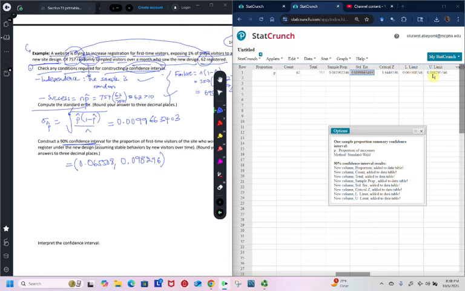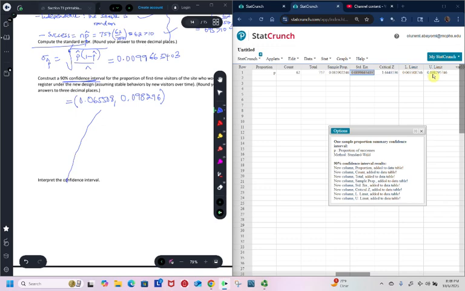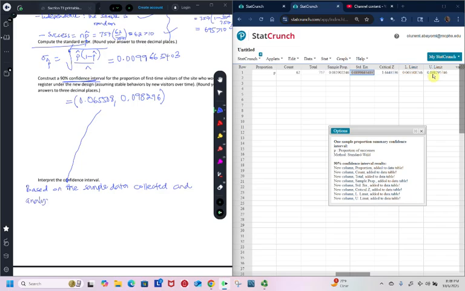This is the confidence interval, and we're to interpret it. So we'll say that based on the sample data collected and analyzed, we can be 90% confident